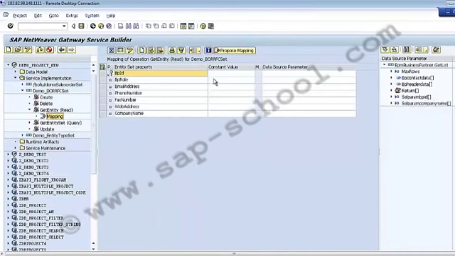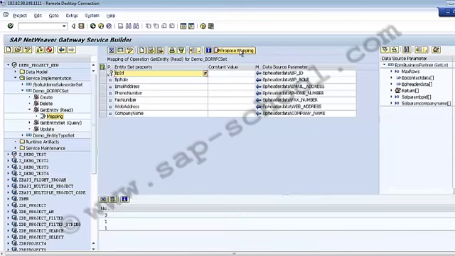Similar to the query operation, in the read operation as well I can use propose mapping, and it will map my entity set properties and my data source parameters automatically.